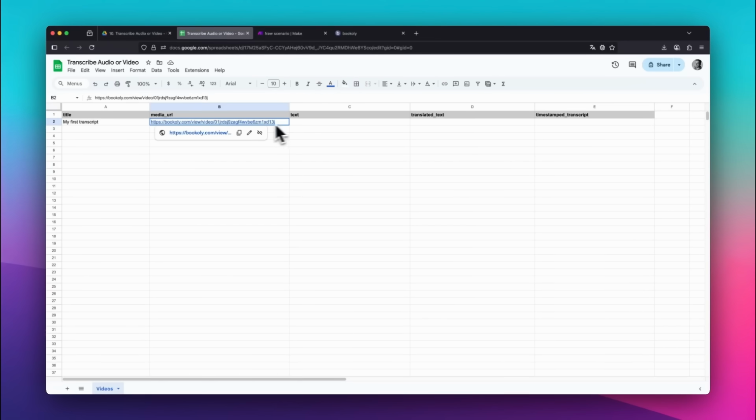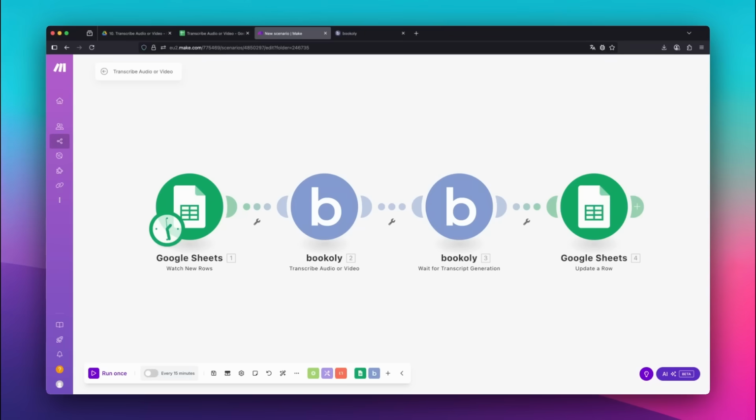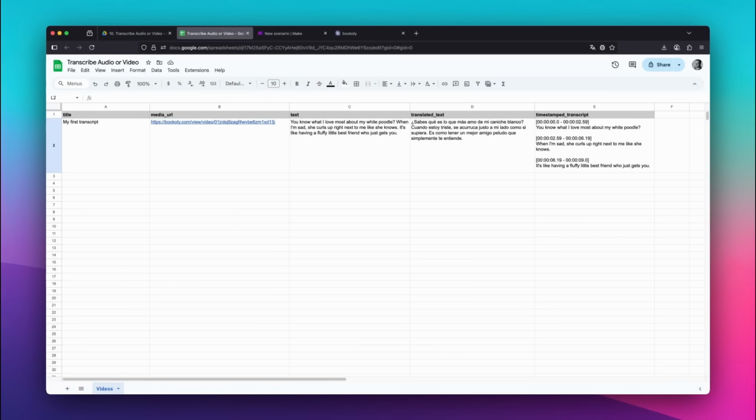I'll paste the video link into the sheet and give it a name. Head over to make.com and click Run Once to run the automation. Bookoly will process the video, transcribe the voiceover, translate it into Spanish, and return all results to the Google Sheet automatically. Once the scenario finishes, you'll see all three fields filled in: the text, the translated text, and the timestamped